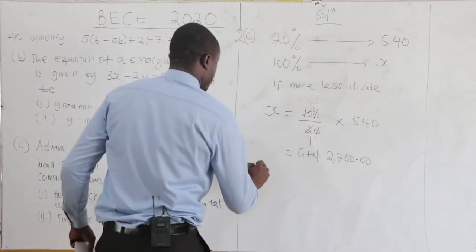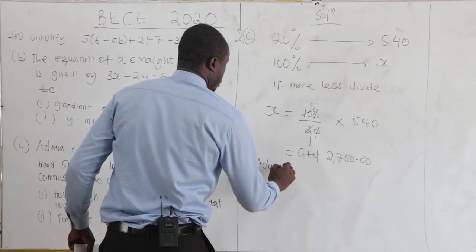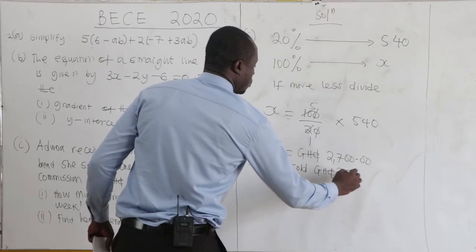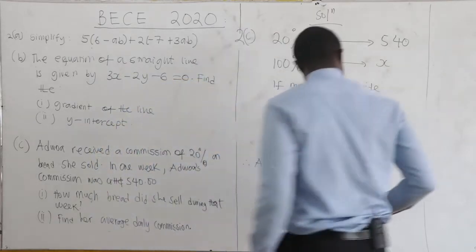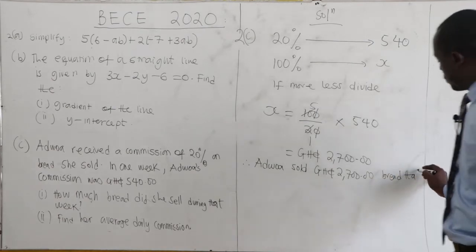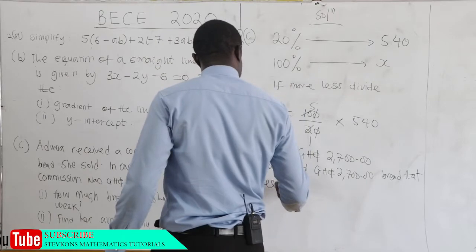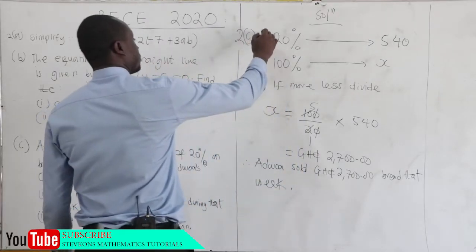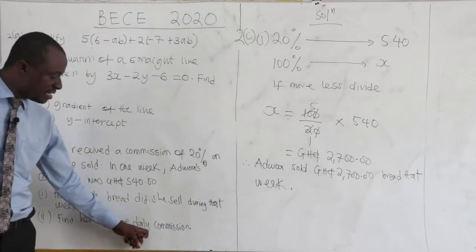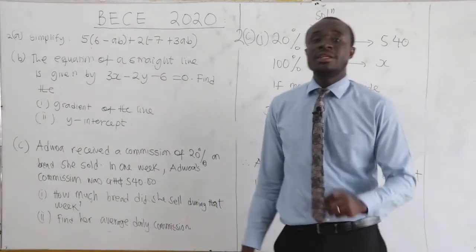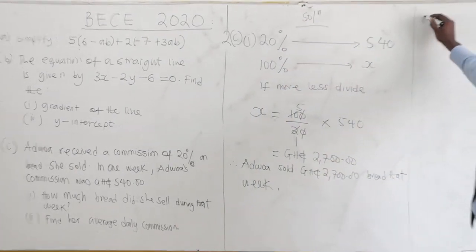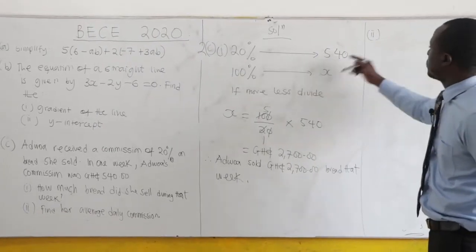Hence, Ajua sold 2,700 cedis of bread that week. So that is the I. Now, let's see the II. Find her average daily commission. Now, in a week, how many days are there in a week? That is 7. So the II, her average, will be the amount that she had, which is 540